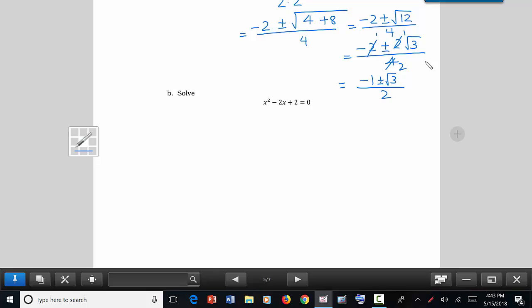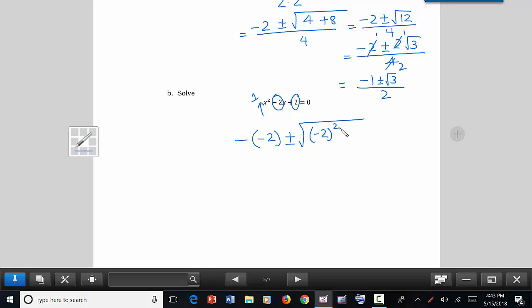Now here, the next problem. Again, here we don't have any coefficient of x square. That means we should understand a is 1, this is b, and this is c. And the right hand side is 0. That means it's good. So negative b is negative 2 plus minus square root over b square is negative 2